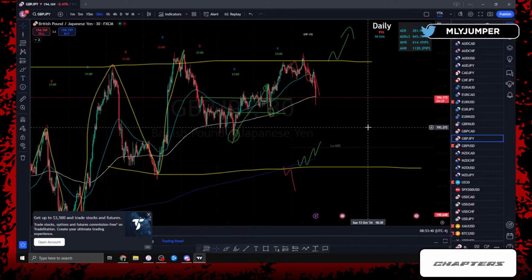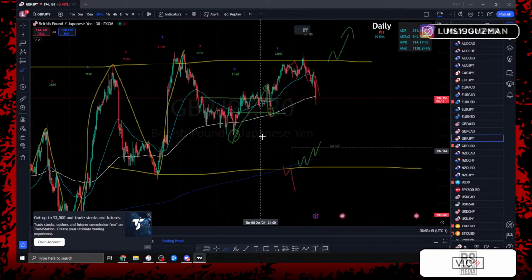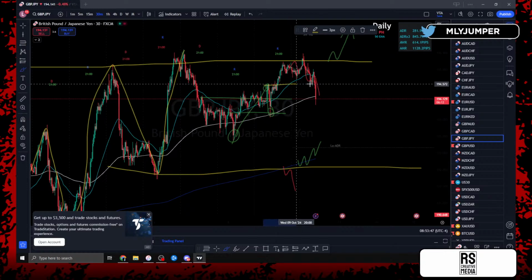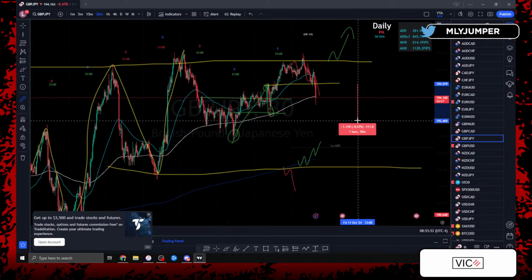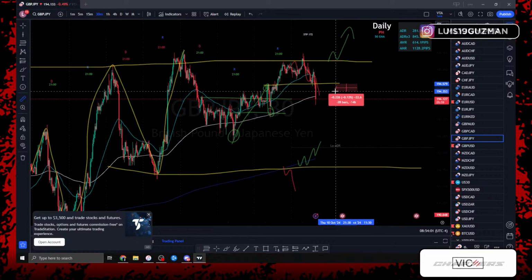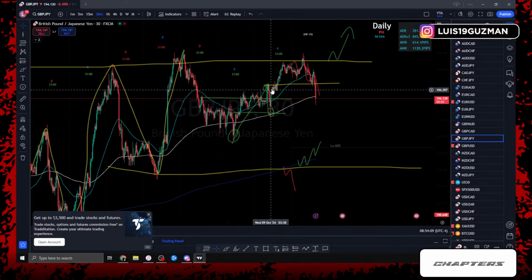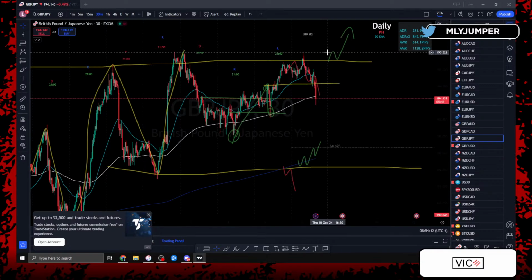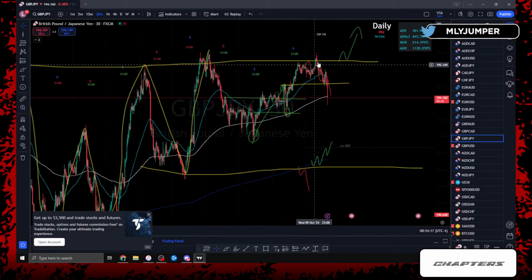So GJ's another one. How many traders do you think got hit with their stop loss on a pair like GJ, which is such a big pair? If you get in something like this, you're looking at a 104 pip stop loss. People aren't trading GJ with a 100 pip stop loss. They're probably trading the internal structure and just kept a 22 pip stop, or even went below here at 50 pips. If you took GJ thinking that this is where price was going to continue to make higher highs and higher lows, without looking at the external structure, without understanding that this is where price has been rejecting the entire time,